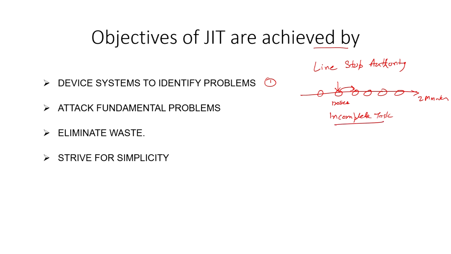Now, what will happen? The next workstation does not know that the previous person was not able to complete. So, he will add value, another person will add value, everyone will add value to this, and finally the car is manufactured, but this car is not working. There is some problem in this car. So, what will you do? You will take it to a separate area for rectification.